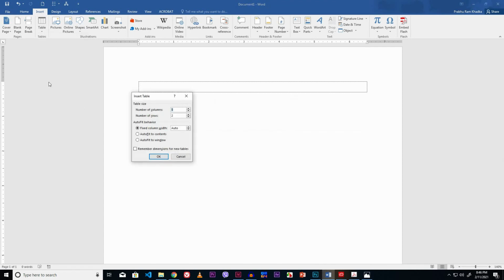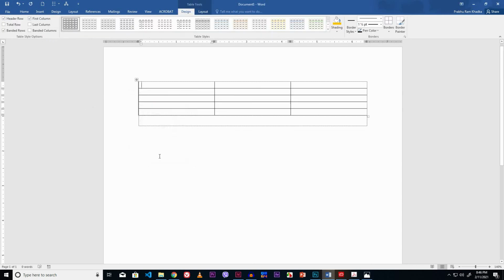Give the number of columns and number of rows. For the table, I supply 3 columns and 5 rows. Click the OK button. Now, look here, our table is inserted. Type the data heading.